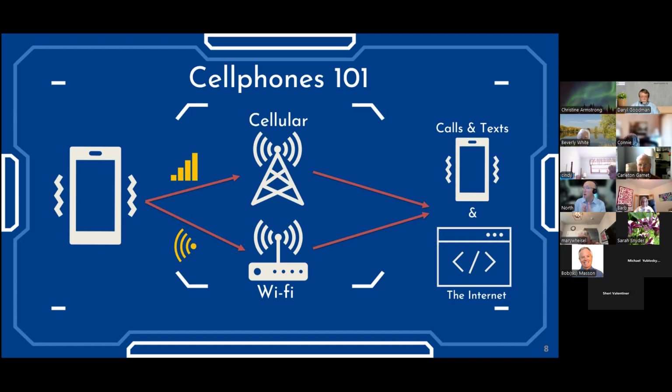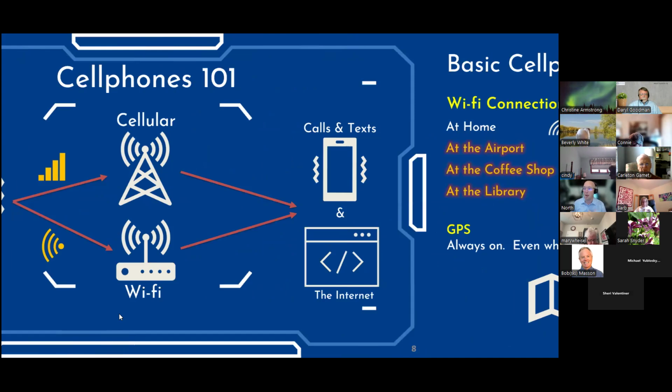So the difference between the two is your cellular, you don't have to approve that logging. You don't manually log that in. The second you turn your cell phone on, it connects to the cell tower and away you go. The Wi-Fi, that's the one that you manually have to connect. So both will do the same thing. You'll get the same end result. You'll get calls, texts, and connected to the internet. And that's what we want it to do. So that's the difference between those symbols. It's really good to have that basic understanding.